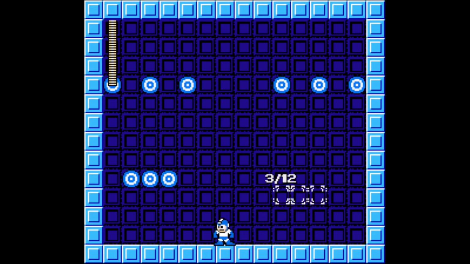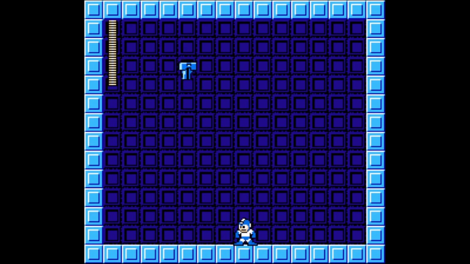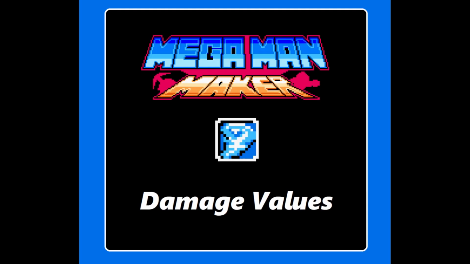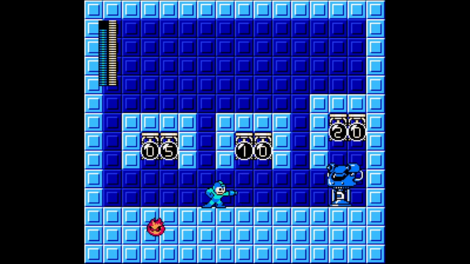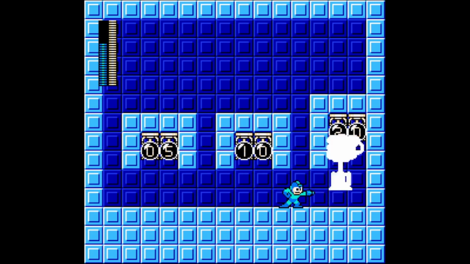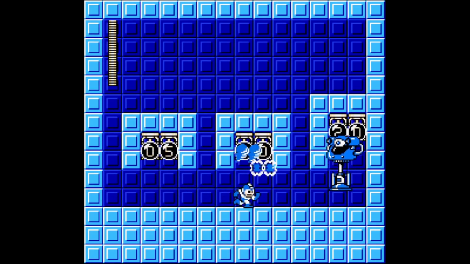Mega Man 2 Air Shooter, originally given to you by Airman, shoots 3 separate projectiles dealing 2 damage each. Shown here is a 5 health enemy, a 10 health enemy, and a 20 health enemy. When you use Buster, you have to shoot them with that many hits until they die. However, with Air Shooter, they do 2 damage each and you can stack them up to 6 damage,